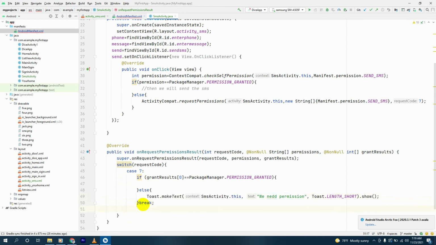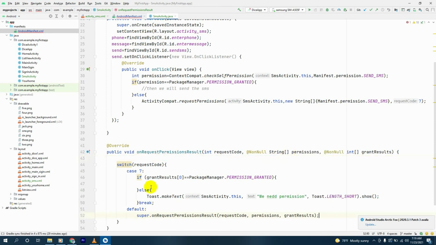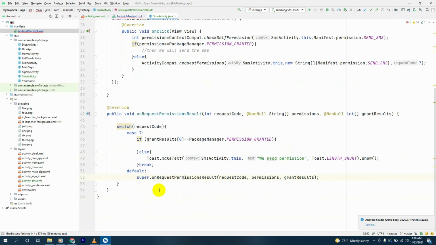After the break, we'll have a default. The default will be this. We'll cut this from here and paste it here. Now we made the onRequestPermissionResult method and overrode it, and next thing we'll make a